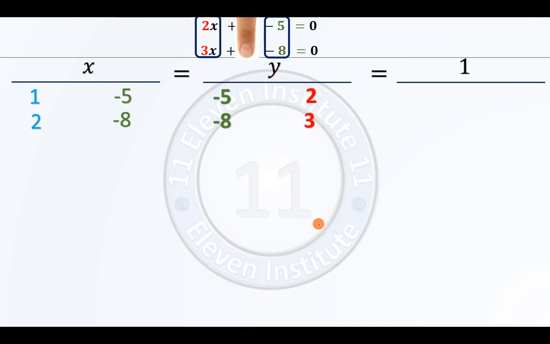Fine. I hope you don't have any doubts. Now all the places of y are filled, so we don't require this. But yet the chance of y is not over. See students, please don't make this mistake. The chance of y is not yet over. The way in which we copied both of these and placed them over here, in the same way we have to copy this 2 and 3 and place them over here.